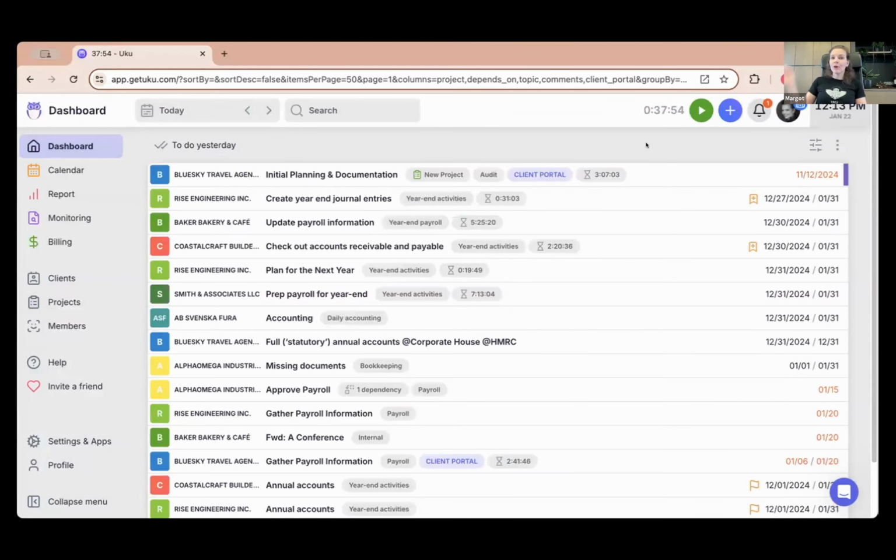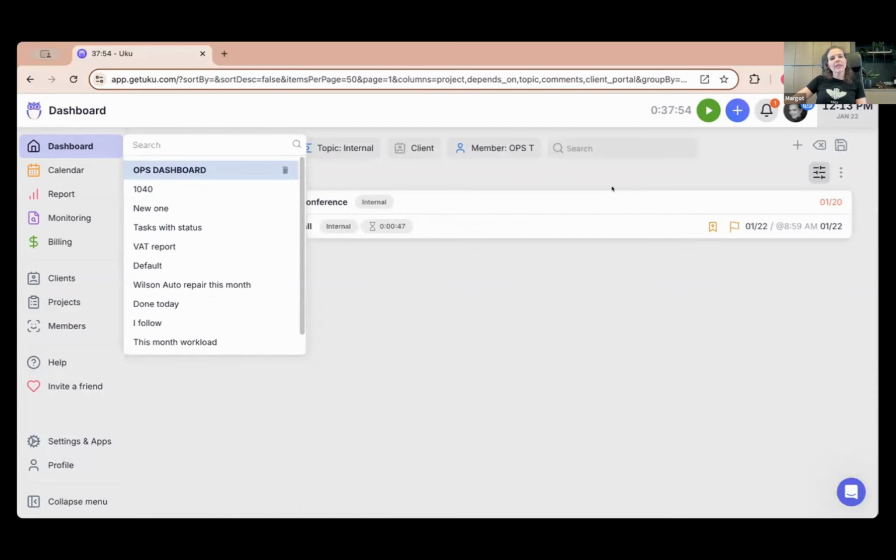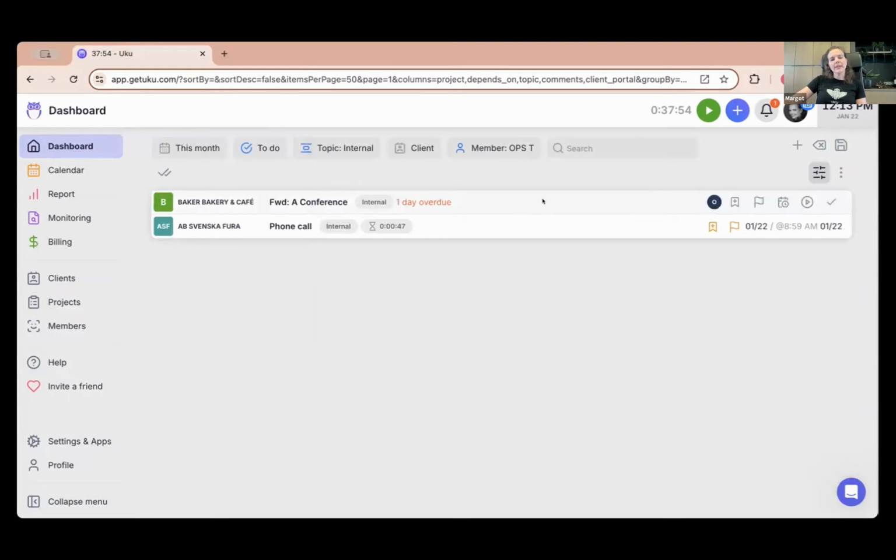Now, before I move on to billing, there are a few more things I want to note around communication that Uku can help you with. What you can do in Uku is forward emails from your inbox, and we will turn them into tasks on your dashboard. So if a random customer request comes in, you can just forward that to Uku and immediately start tracking time